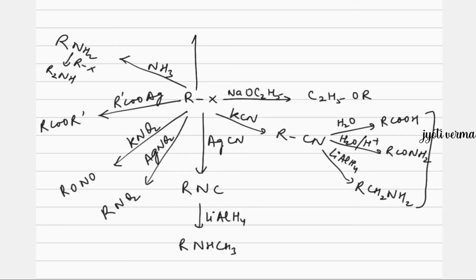Then we can do the reaction with sodium acetylide, that is NaC triple bond CH. We will get RC triple bond CH. So whenever we are supposed to increase the carbon atoms by 2 with a triple bond at the terminal position, we can always think about this option. We can do the reaction with aqueous NaOH or aqueous KOH. We will get ROH here. So that is how the various reactions of alkyl halides we should know. This is nucleophilic substitution.